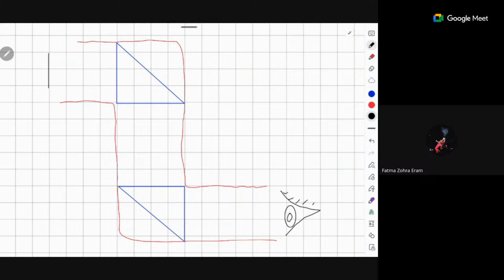For example, there is an object, a person, and you want to see it through the periscope. Actually you are below the surface. Then this is a sort of submarine, or you are below the trench, or you are under the surface. Now if you want to see this person,